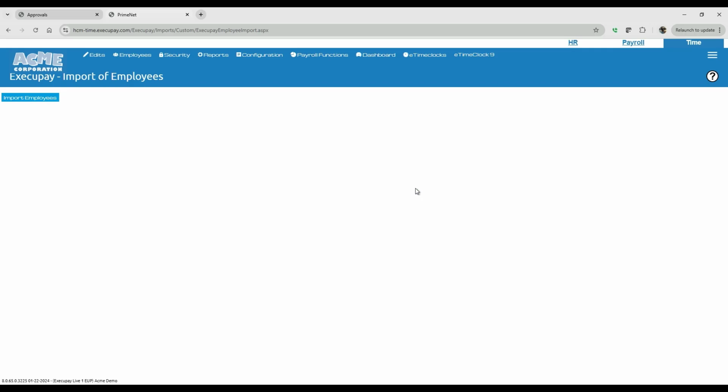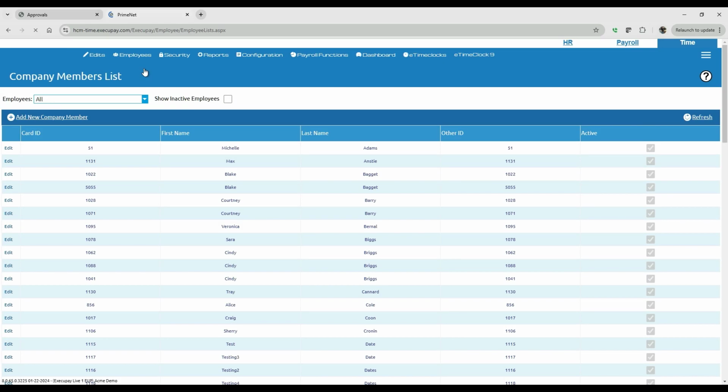It's only the new employees that you add to payroll that you need to then come here, go to employees, employee import, and import employees. And that's going to bring the brand new ones into the system, allowing them to be able to clock in or out. There might be times where you need to change something on the employee details